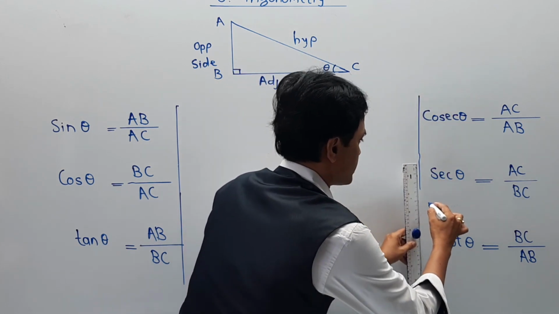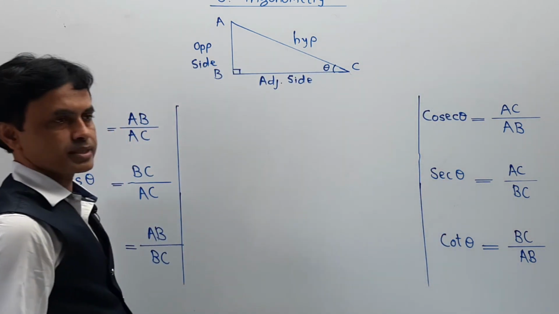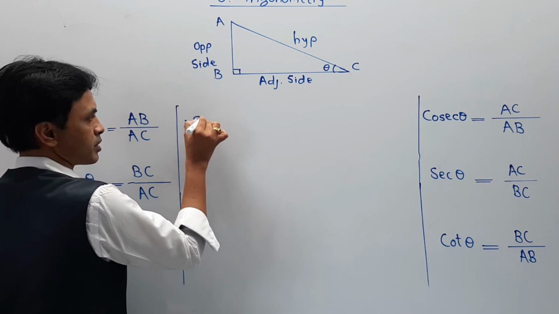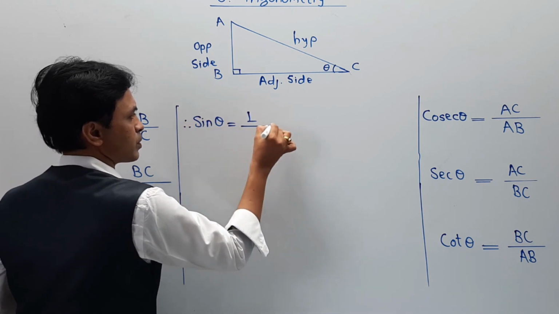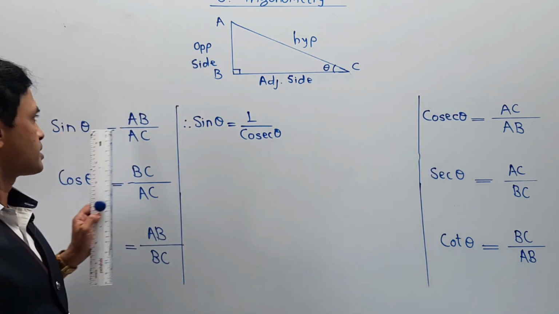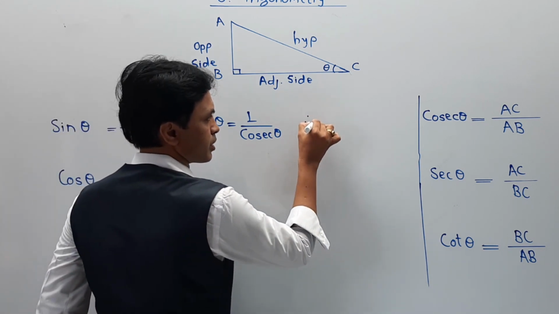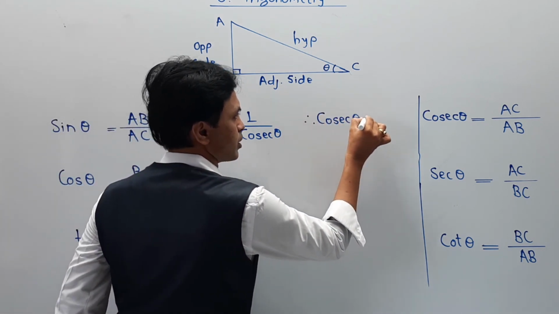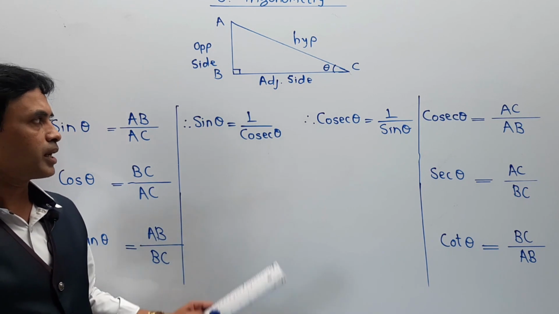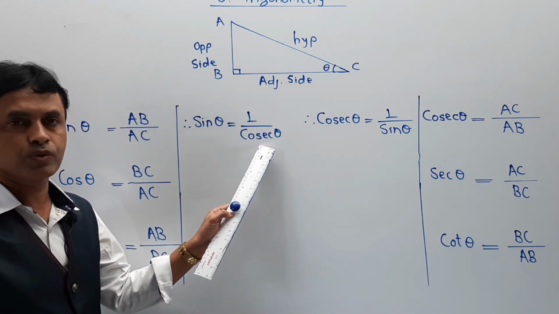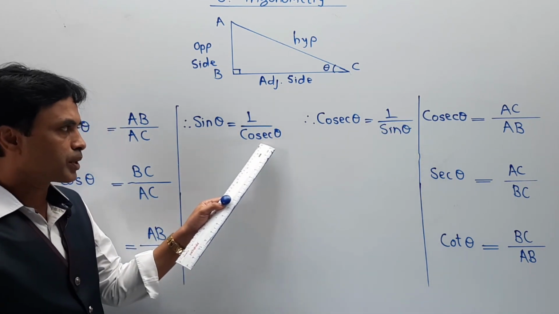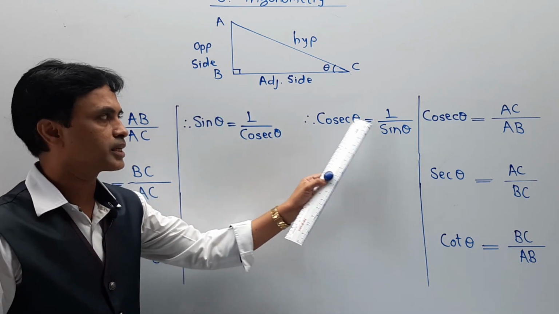So we have written all this part just for your proper understanding, and the part is, first you can say sin theta is 1 upon cosec theta. Therefore, sin theta is equal to 1 upon cosec theta. You can also say cosec theta is equal to 1 upon sin theta. Both ways are true. Means in some numerical, if sin theta comes, you can replace it by 1 upon cosec theta. Or sometimes if cosec theta comes in the numerical, you can write 1 upon sin theta. If I am going to multiply this cosec theta with this sin theta, or you can say sin theta is multiplying over here.